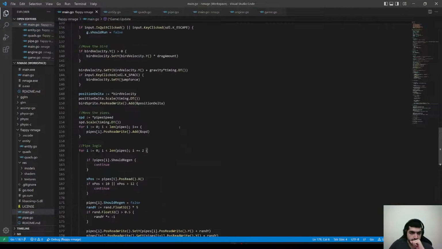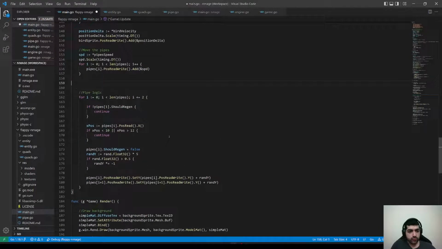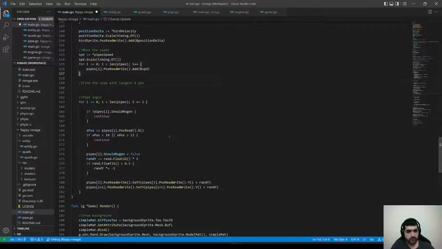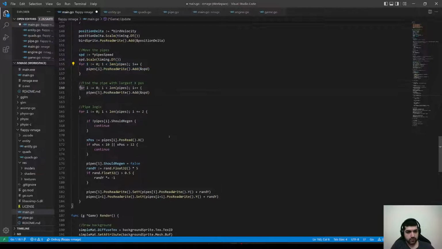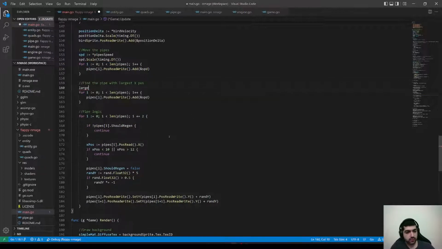Now, so what we want to do is find the pipe with the largest X position. Can do five, and this is just